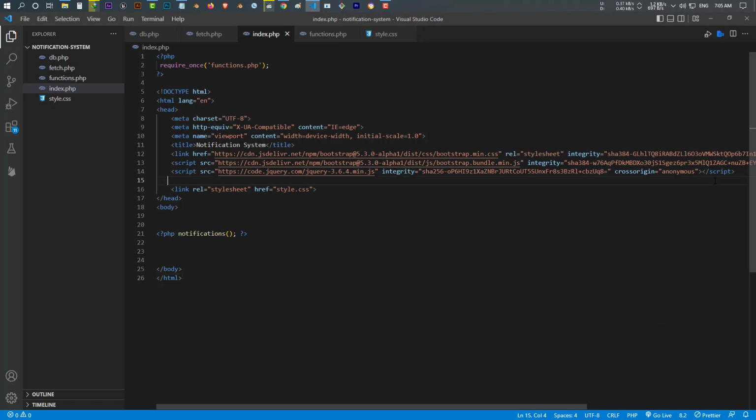Okay, also must include the icons. So I search for Bootstrap icons and I include this one as well. And let's save and refresh, and there it is. As you can see. Okay, and this is our awesome thing,